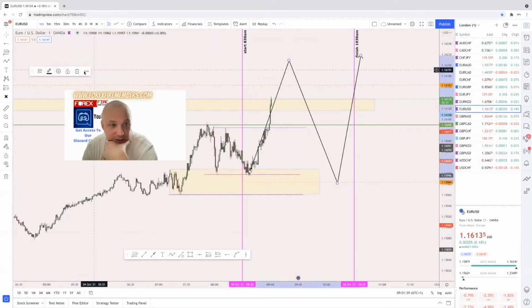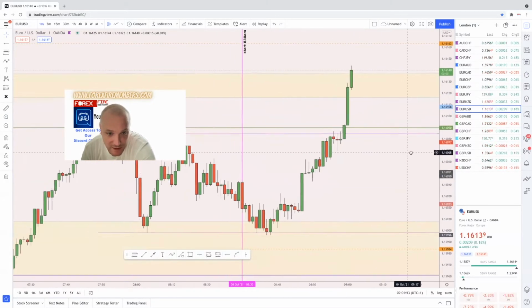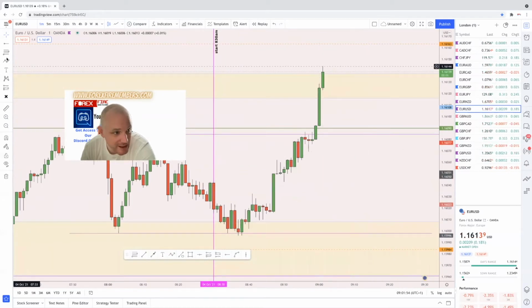We'll just get rid of these. We've anticipated the buys to the higher side first. And again, it's going to get wicked this. Let's just drive further into price action where we are at the moment. And we can see, going from a deeper analysis,